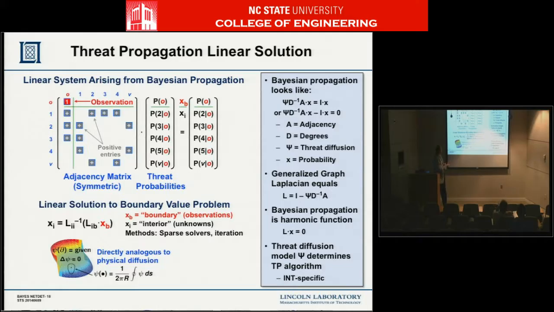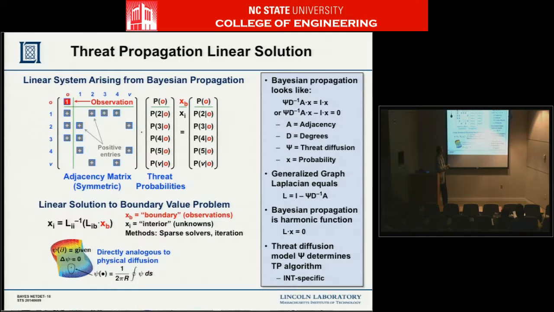So if you write down this linear system for what the probabilities are, you have your observation probability. Well, that's fixed. And then you've got all the stuff you don't know, and that's what you need to compute. And so this is a straightforward boundary value problem, where you multiply this matrix times your vector of probabilities and it is equal to these probabilities. This matrix is the adjacency matrix for the graph. If ij is in here, then an edge exists between vertex i and vertex j, and you solve that.